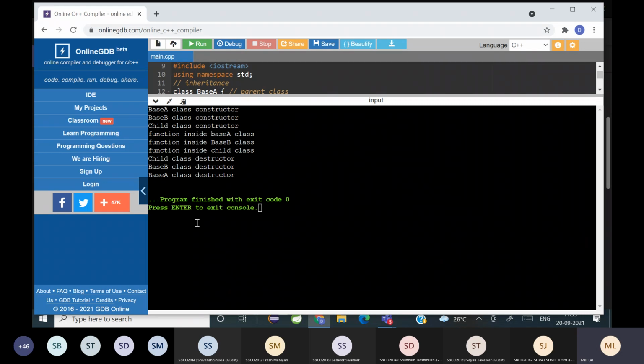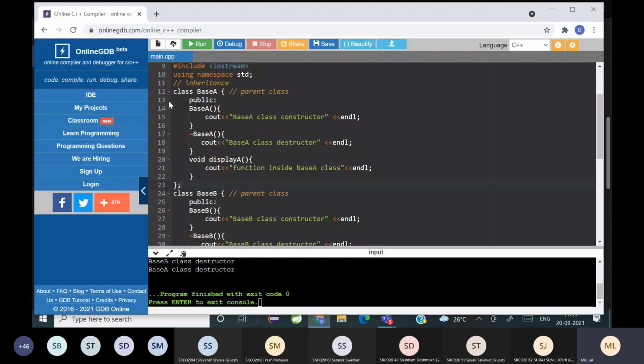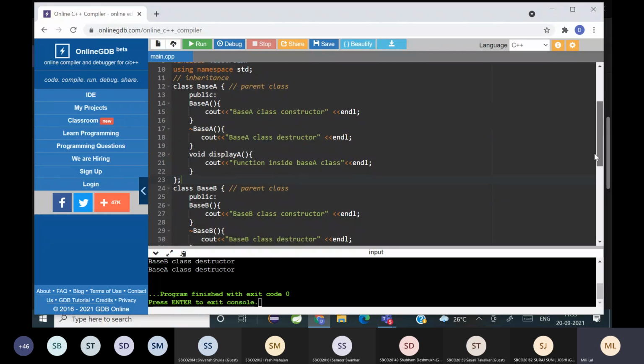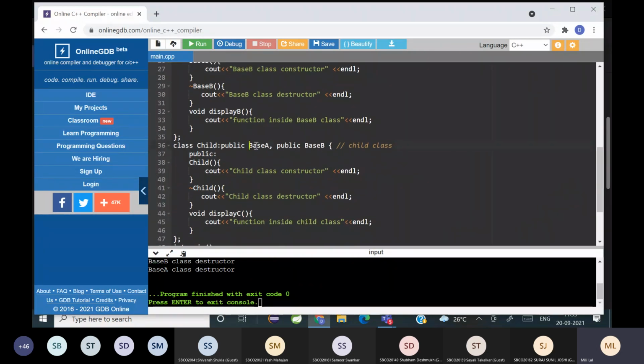Then how are the destructors called? First the child destructor, then base B, then you go in the reverse order. The reverse order of the constructors will be the order of the destructors. You can see child class, first base B and base A. क्यों ऐसे आया? You can see the order of inheritance. पहले base A लिखा और फिर बेस बी लिखा, इसलिए बेस ए का कंस्ट्रक्टर पहले कॉल होता है, फिर बेस बी का कंस्ट्रक्टर।